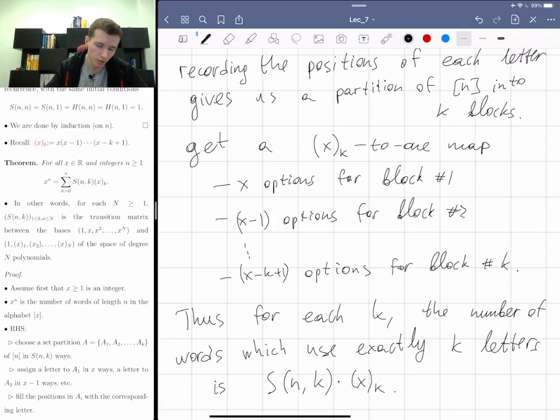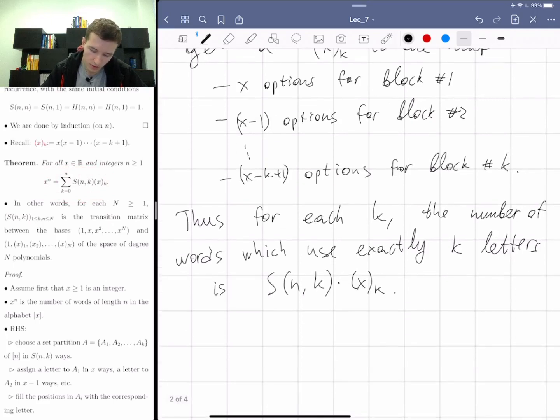And as you sum over all k, by the addition principle, you get x to the n. So this finishes the proof